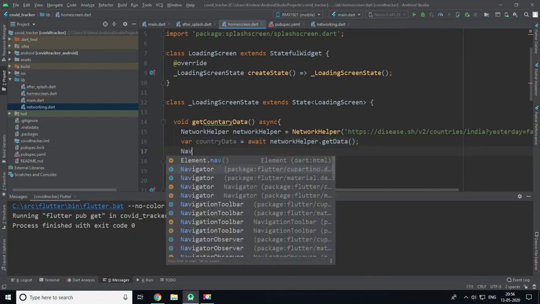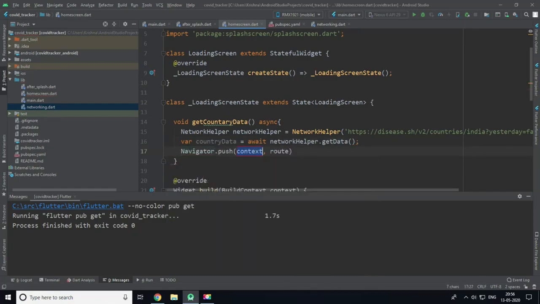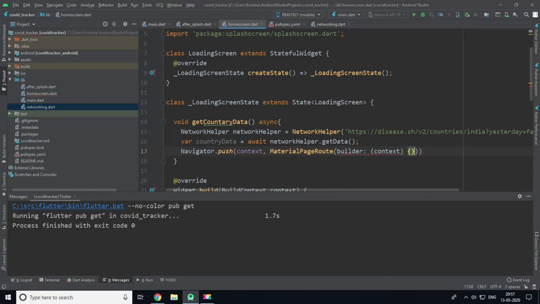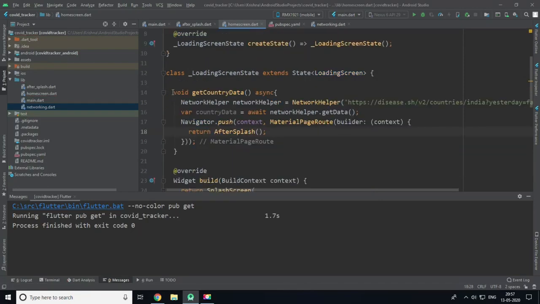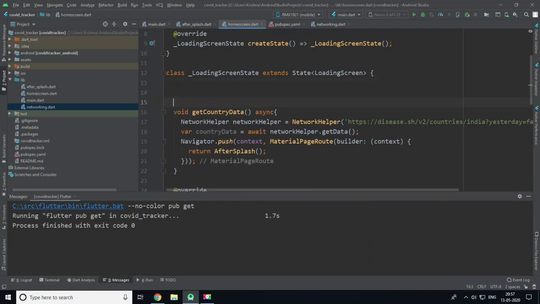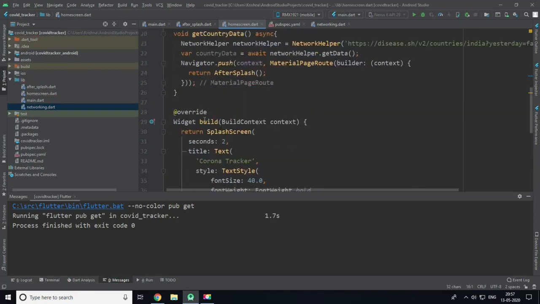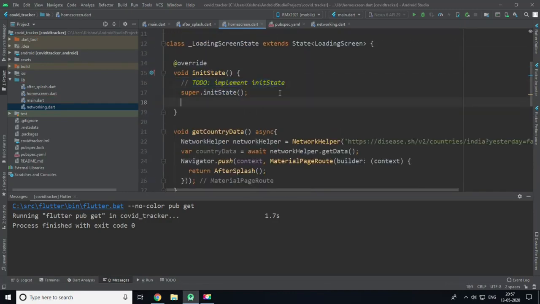Now I will navigate to the new page through MaterialPageRoute with a builder taking context, which will return AfterSplash. Now we need to create a new method called initState. The initState method is used when we need to run something before our actual build method runs. So we need to pass getCountryData here.